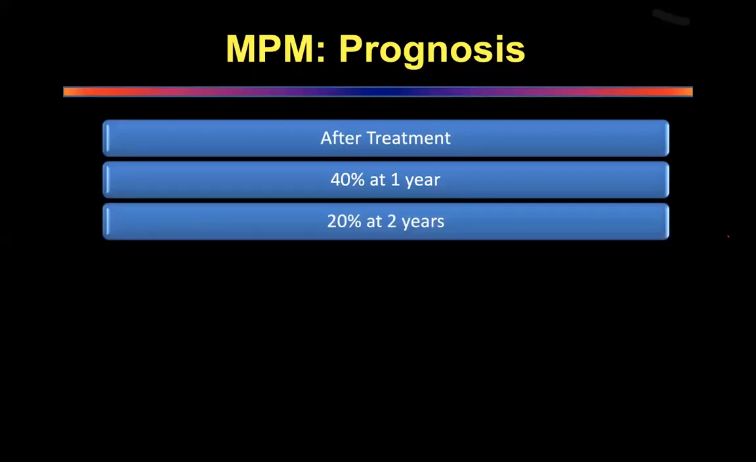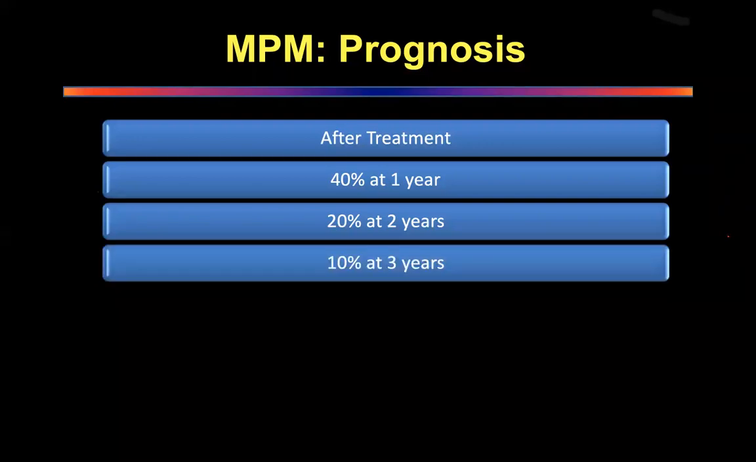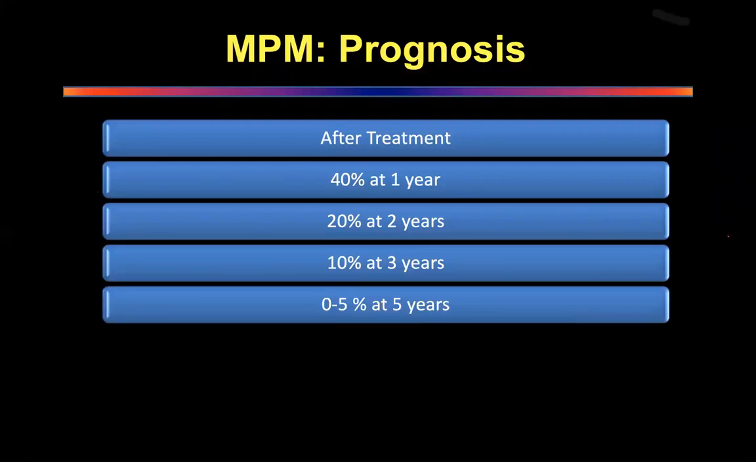20% of them may be alive at 2 years. 10% of them may be alive at 3 years. And none of them are alive at 5 years. The number that you've got here, 40%, sounds acceptable. But the other side of this is you've got to realize what is the quality of life that you're offering to these patients. That is the most important thing, because